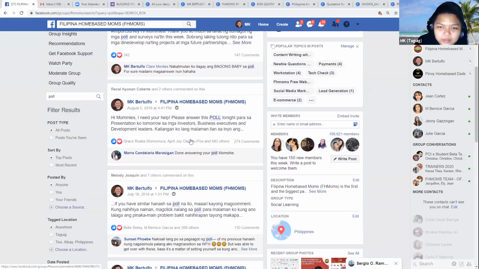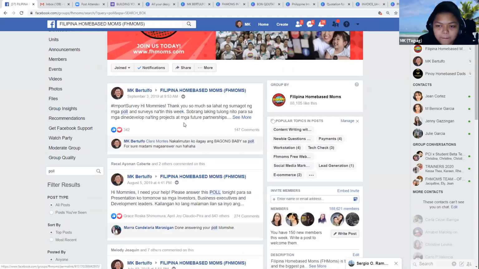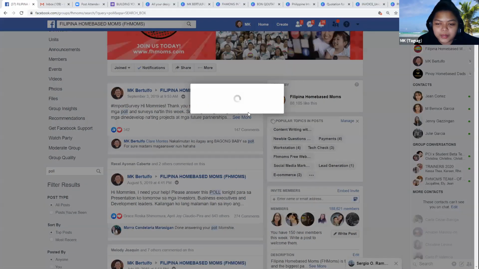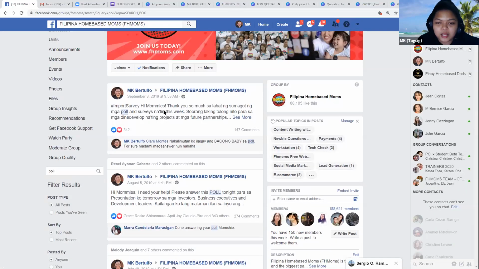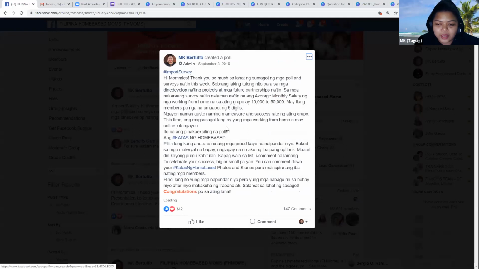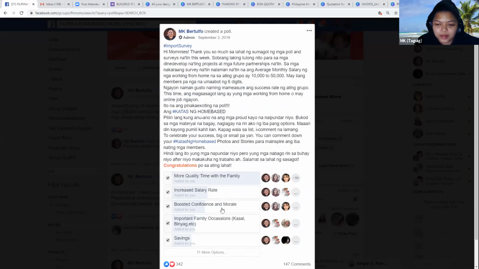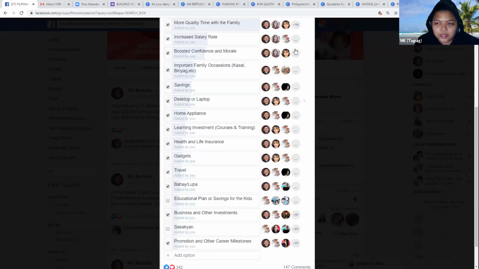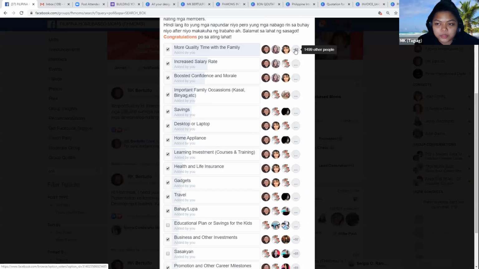So for example, this one, I asked them kung ano yung parang katas ng home base ah, sa life nila. So I asked them ano-ano yung mga nagbago sa buhay nila. They, so 1,499 people, which is a really good number to anyone na makakakita. So either brands yan, investors, ganyan. Talagang wow, wow na wow, no? So yun yung mga ways natin.